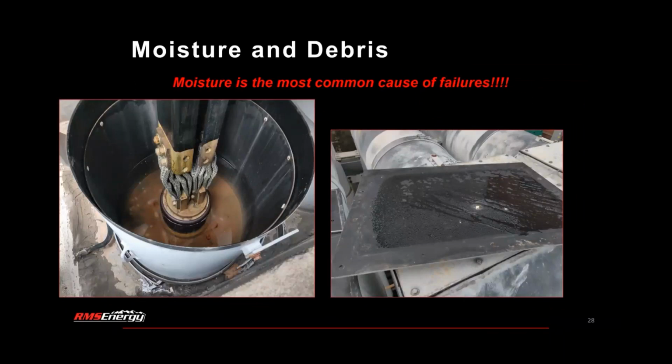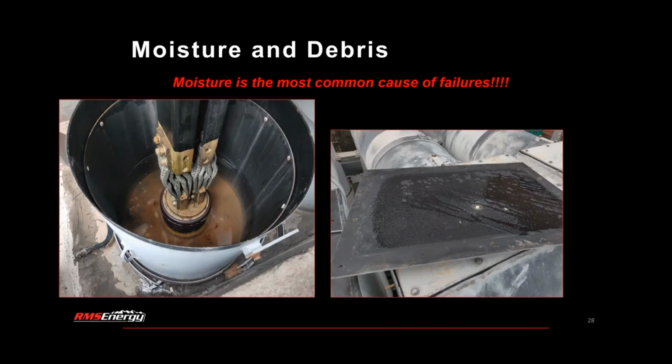So moisture will be a repeating issue in this presentation. It's one of the most common causes of failure. Moisture has many ways to enter your bus duct through cracked insulation or cracked expansion bellows, torn rubber bellows, failing gaskets, and it's the most common cause of failure again. So the more you can do to reduce exposure of your insulation materials to moisture, the longer your bus will